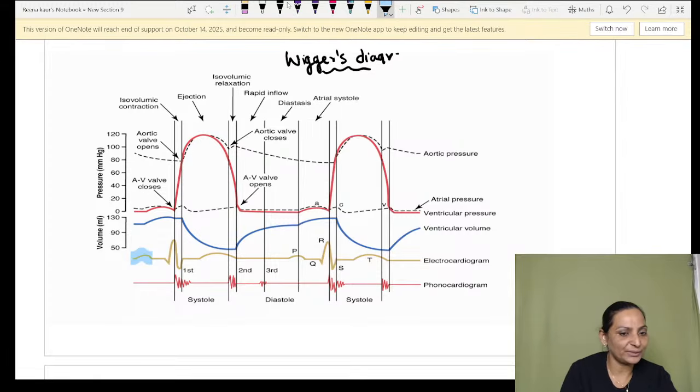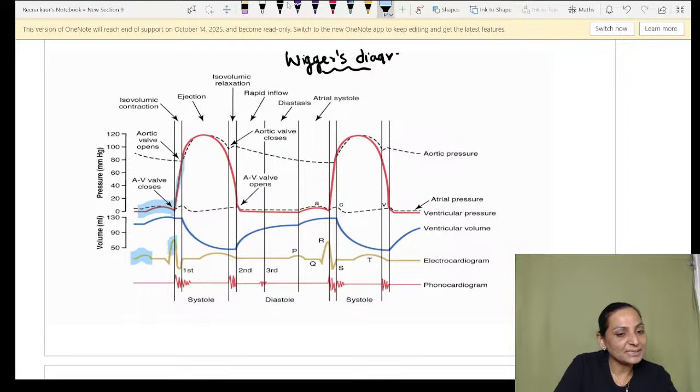As the blood goes from the atria into the ventricles, here is the point where the AV valves will close. As the AV valves close, there is the beginning of isovolumetric contraction. So closure of the AV valve means beginning of the isovolumetric contraction, that is the ventricular systole, but this is